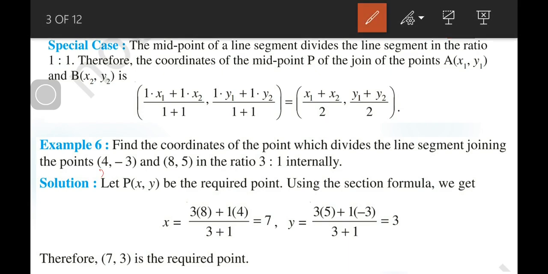It will be x1, y1, x2 and y2, and here m1 is 3 and m2 is 1. So by using the formula, the x coordinate will be